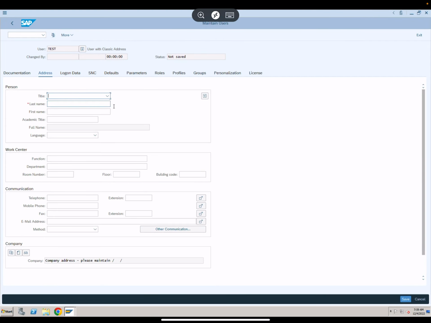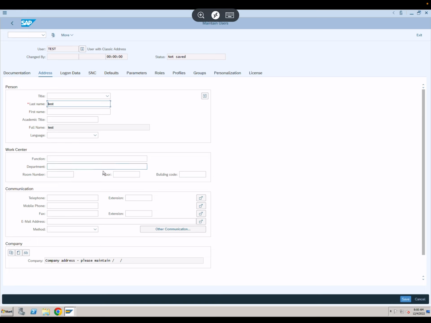How do you know the mandatory fields? You see this star next to the last name; that is a mandatory field. You can't go to the next tabs of SU01 unless you maintain the last name. Every other field is not mandatory here.